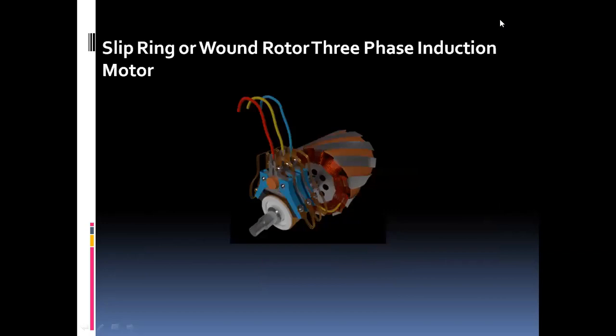The next classification of the rotor is the slip ring or the wound type rotor. It is provided with a three-phase double-layered distributed winding consisting of coils as used in alternators. The rotor is wound for the same number of poles as the stator and is always wound three-phase even when the stator is wound two-phase. The three phases are shorted internally.